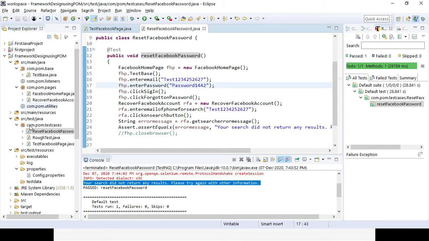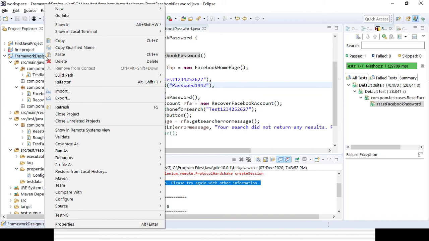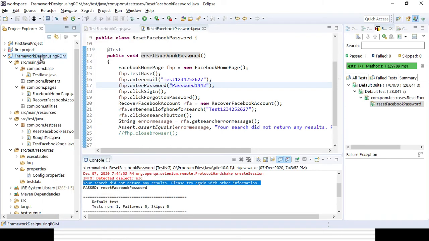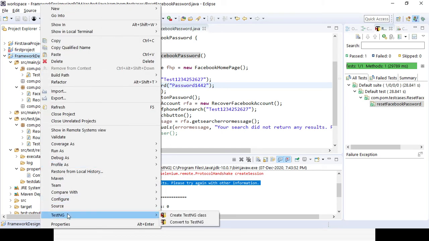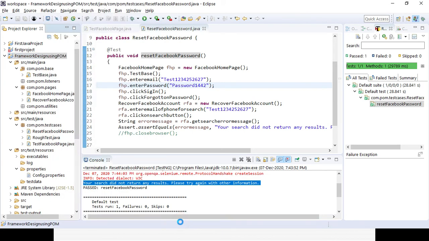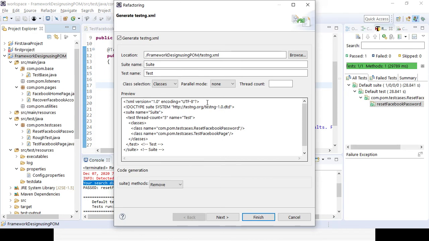So right now all the classes are Java classes, right, and the project is also a Java project, right? So first you need to convert the project from Java to testng. You need to select the project and then click on the testng options, then you can convert it to testng, right? And here previously you can see default suite and default test coming, because there was no option for entering any suite name or test name. But now you can give a suite name and test name, right?